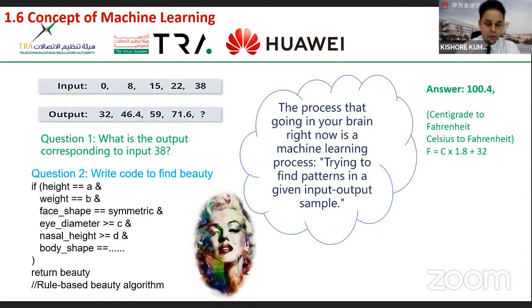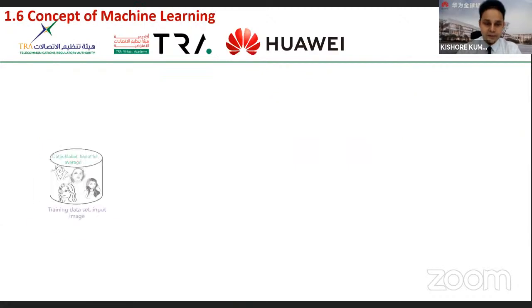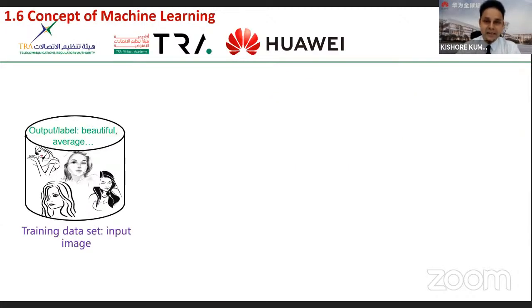Now, another example. Let's say somehow you have to write a piece of software that can give us the result in a beauty test. We give many different types of pictures, and your software will have to say if it's beautiful or not. How do you do so? Even though we can put up many criteria, for example, height, width, weight, face shape, eye diameter, nasal length, etc., it is very non-trivial to write a program that can come up with this decision. So what could be done? What we could do is have a data set, right?